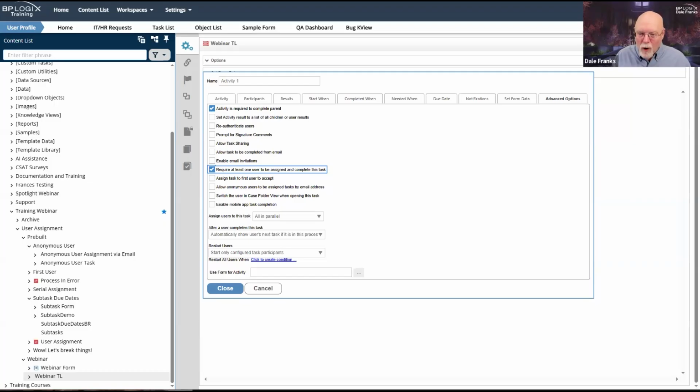You're going to require a user to actually be assigned to the task, and that user must manually complete the task. And if they do not, that task cannot be ended. There are times when you want to do this for security reasons or whatever. But just remember, if you require it, we're really serious. You are requiring it. So be careful about what you check there.